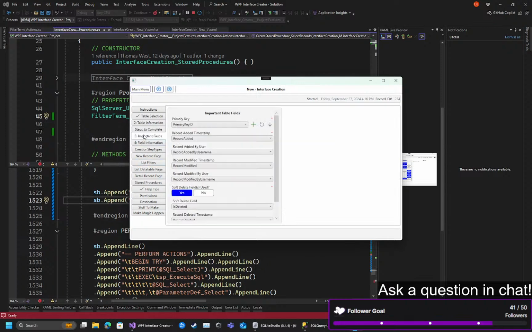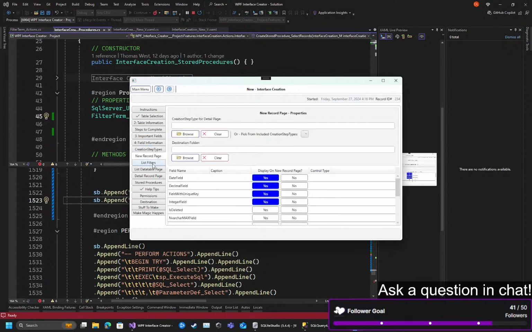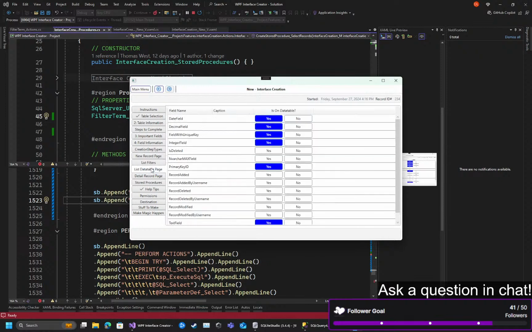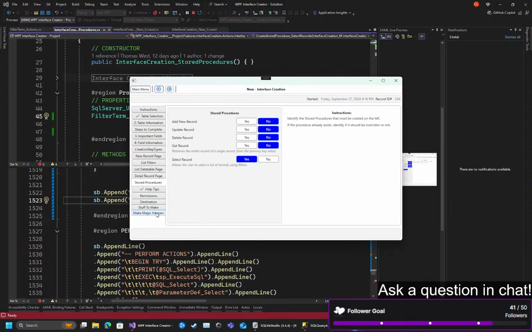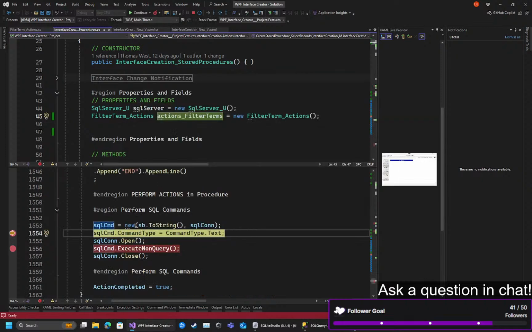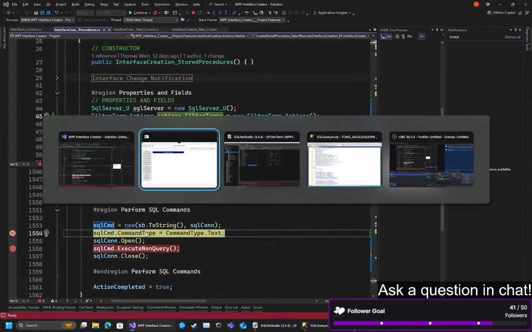So we just have select, we have our important fields, we know our fields, we have our list filters, we have our data table fields, we have everything else is the same, and we're gonna hit go, at which point in time we can get the string from there,